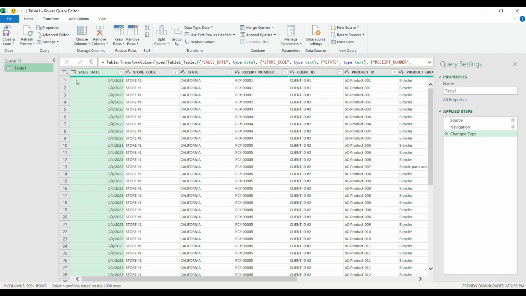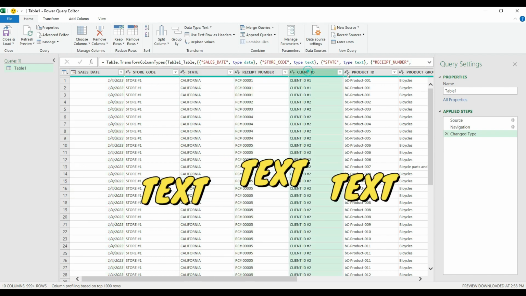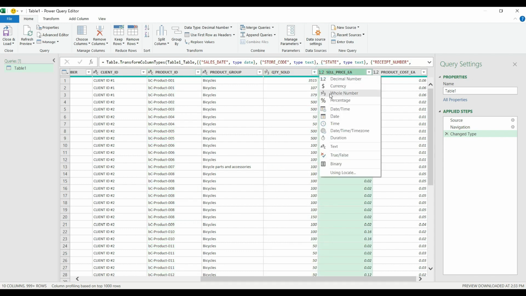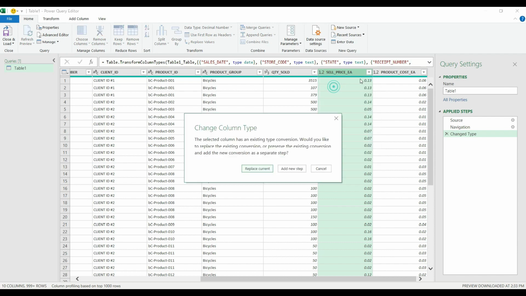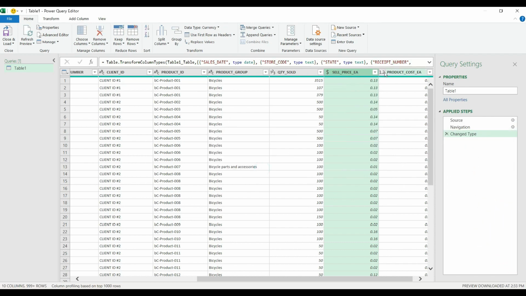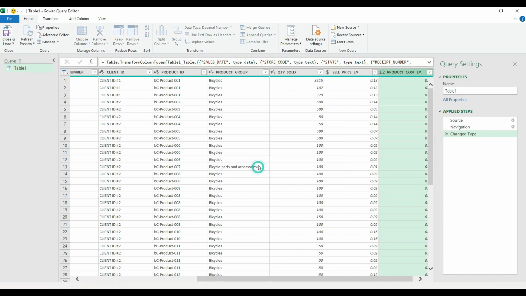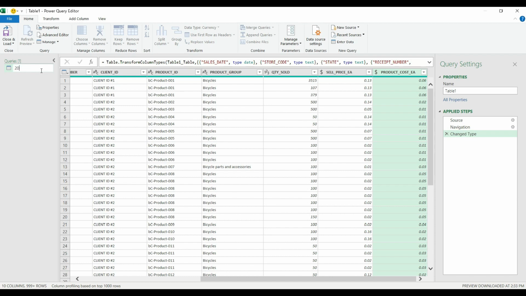As always, the first thing we need to do is make sure that we have the proper format set for each column. So let's double check everything. Sales date formatted as a date, that's fine. Text, text, text, text, text, that's what we need. I scroll to the right a little bit. Quantity sold, that's a whole number. I like it. Sales price each, let's say it's going to be currency, and I replace the whole content, and I'm going to do the same for the product cost as well. I'm going to name my table, let's say, 2023 sales data.